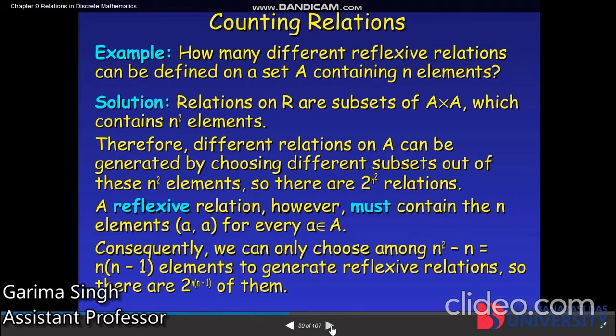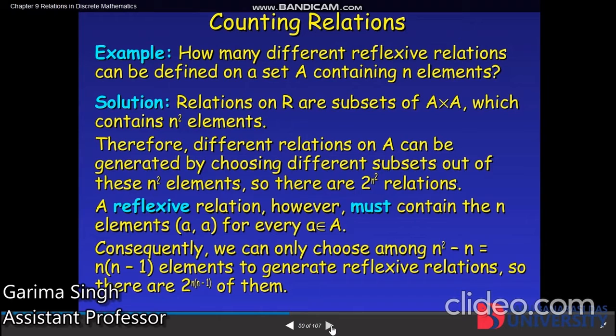This is your task. What is counting relation? How many different reflexive relations can be defined on a set A containing n elements? If given a set A with n elements, how many relations can we define? We can define a relation on any given set. A relation R is a subset of A cross A, which contains n squared elements. Therefore, different relations on A can be generated by choosing different subsets out of these n squared elements. So there are two to the